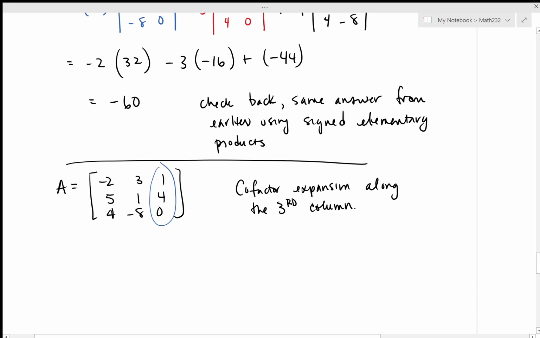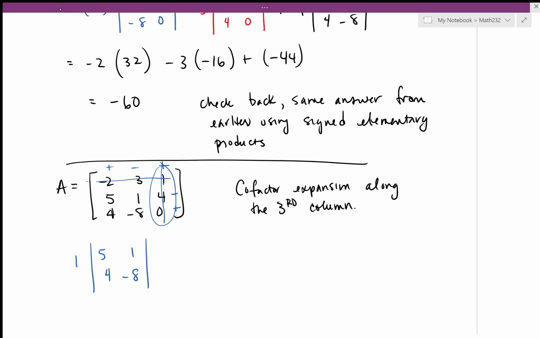So I do exactly the same procedure. This is plus, minus, plus, and then this is this third column here. That's the first row, and then that's plus, minus, plus coming down here. So I am 1 times the, and then I imagine crossing out the row and the column that contains that 1, and I get 5, 1, 4, minus 8. And then I come down the column and I get the 4 there,